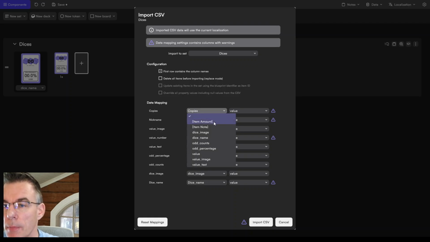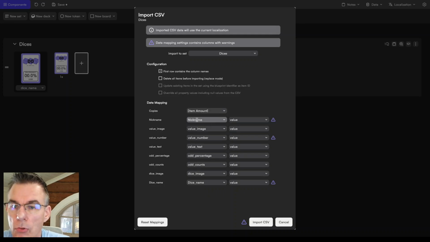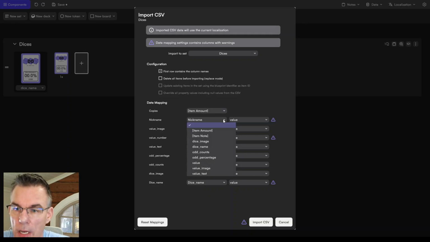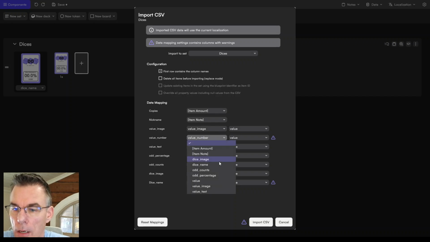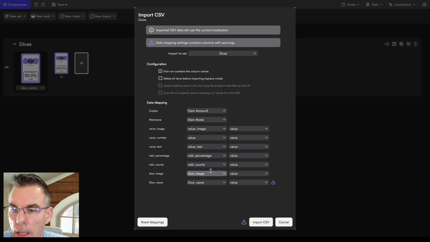So in the same thing in tabletop creator pro is item amount. Nickname we don't have. I usually use item note in that case. Then we have value number, but in the Dextros it was value number, and in tabletop creator I used the term value, and then there is a dice name.